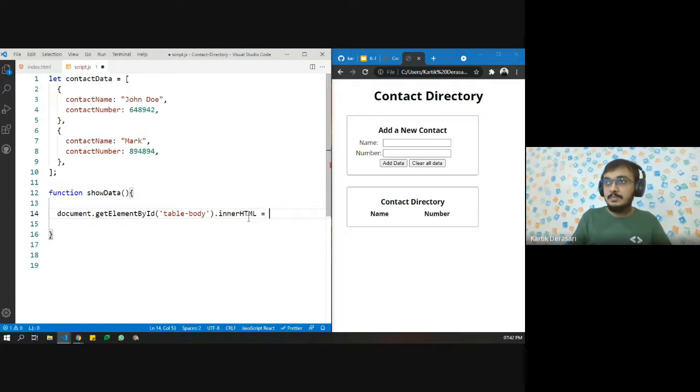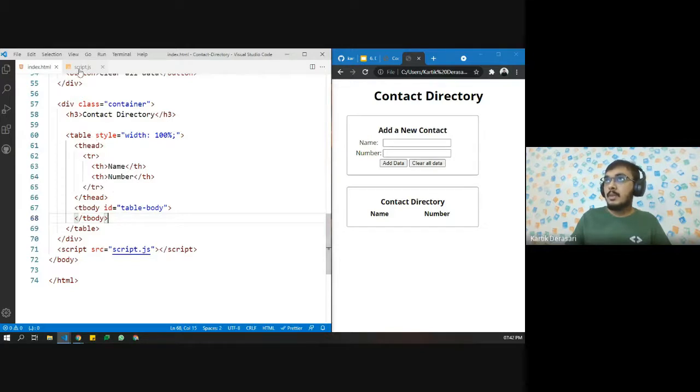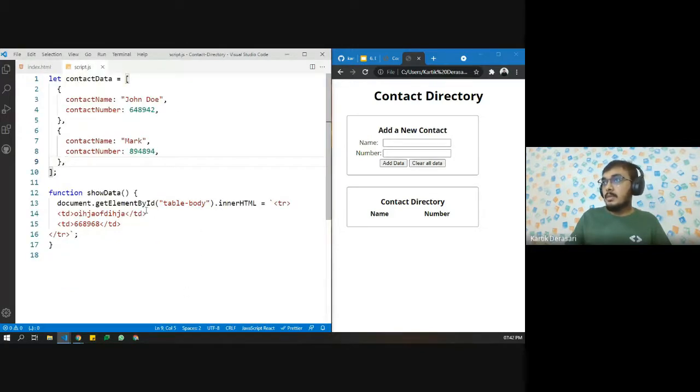And let us say we want that to be this tag, right? We manually placed this tag. Now we want this to be inside this. Let's refresh. All right, I want to add HTML. Okay, the table body. This should run. Let us see what we are missing out.